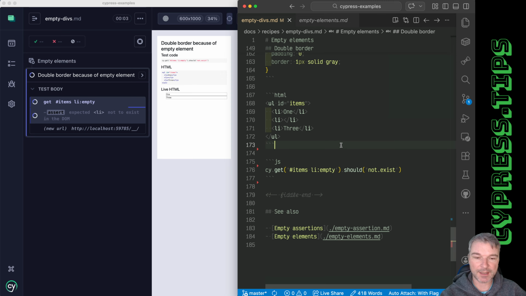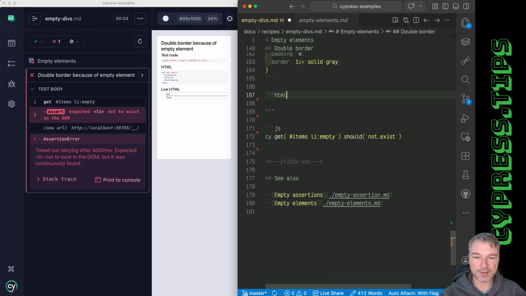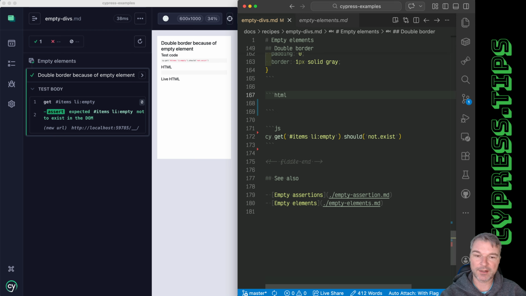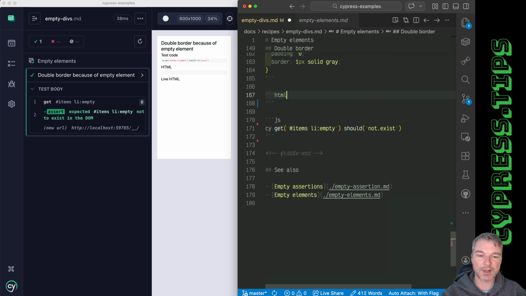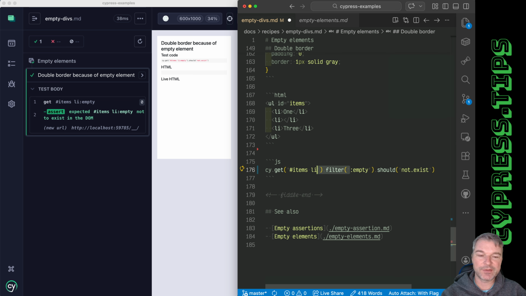And in this case, this is dangerous because right now we have no li elements and there are no empty elements, right? So this actually might, for example, pass when the application is still loading the data and you check there are no empty elements. Well, there are no elements because it's still loading the data. So this is why I would either split cy.get and filter query commands,